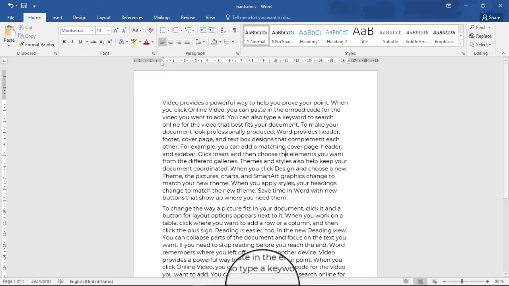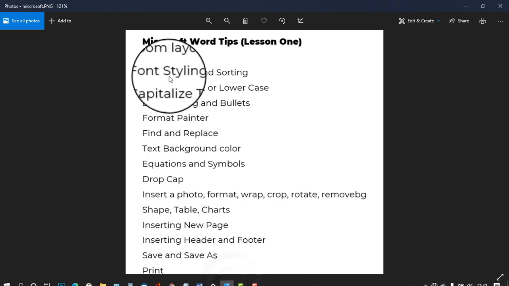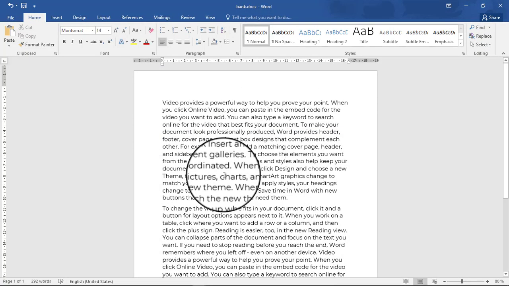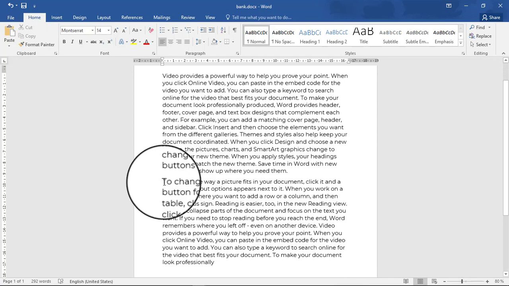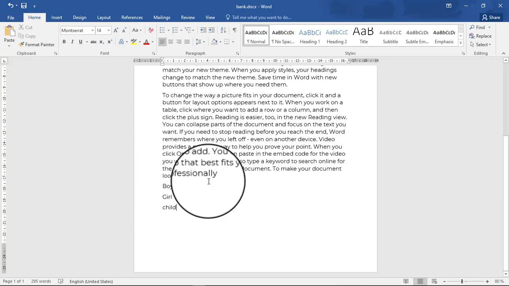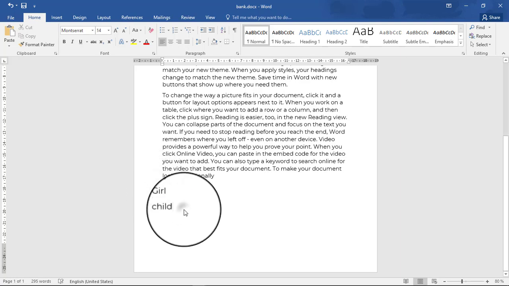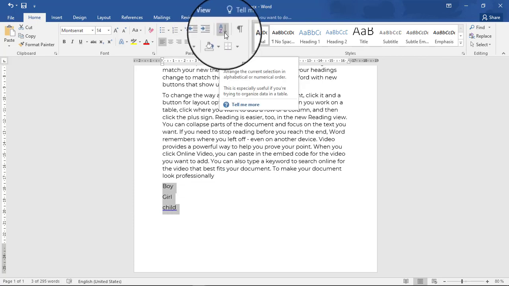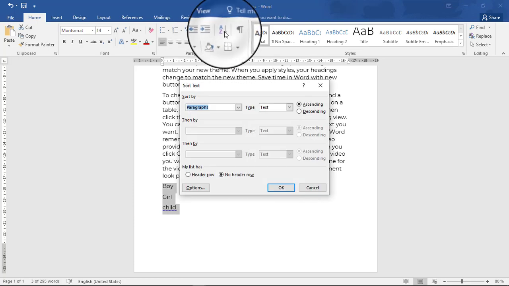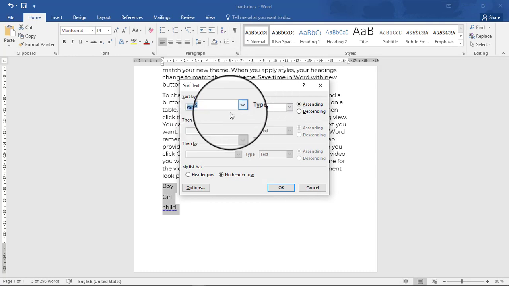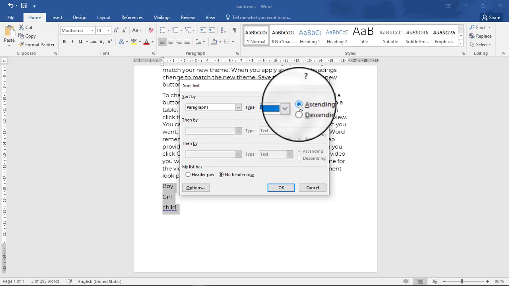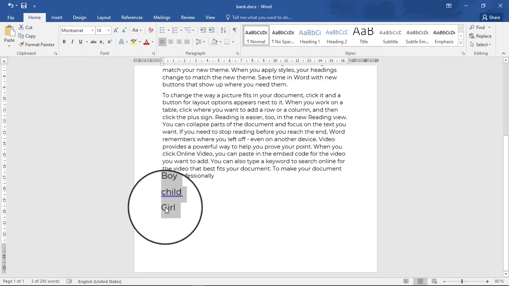Another thing we are going to talk about is how to sort the data. Sorting the data works when you have a list. Maybe I have a list of words. So if I want to sort these three, I just have to highlight them, then go to under here on this and you click sort. Then it will ask you sort by paragraph. You just have to select sort by, then by text, then you select descending order or ascending. I want ascending order. I think it will change them to ascending order.